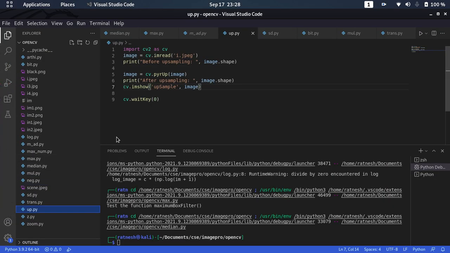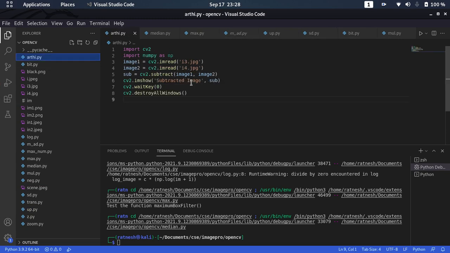Now for the arithmetic operation, subtraction, here I am subtracting the two images. I am importing CV2 and numpy, creating the shortcut as np. Now I'm reading the two images, image 1 and image 2, and after that I'm applying cv2.subtract for subtraction, performing the arithmetic operation. Now I'm showing the image after subtraction